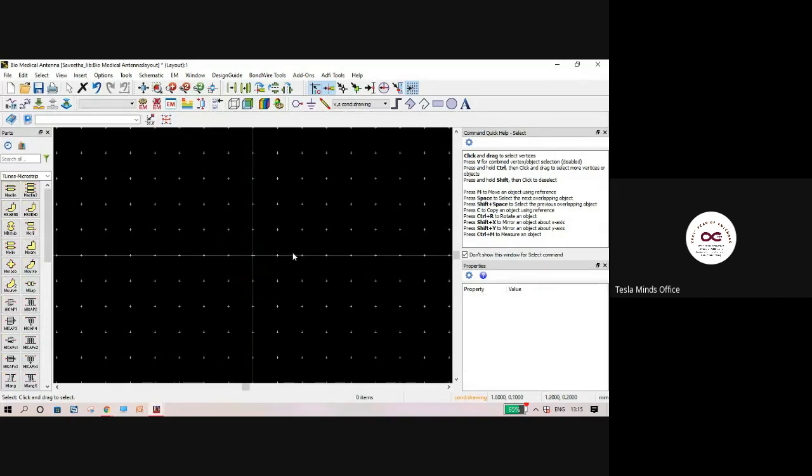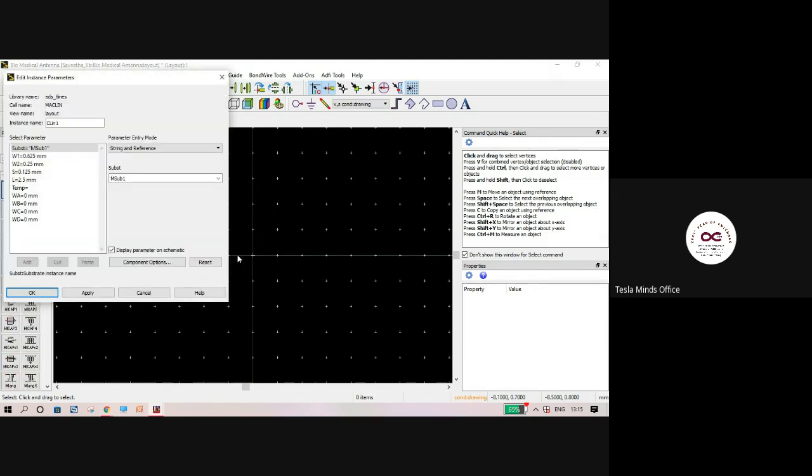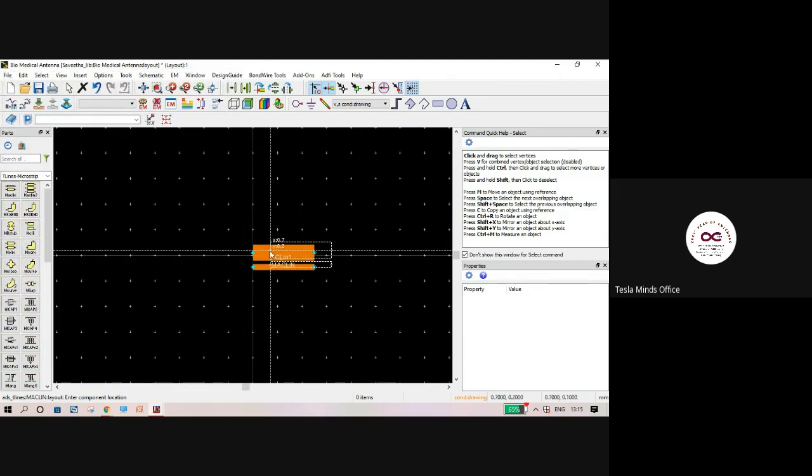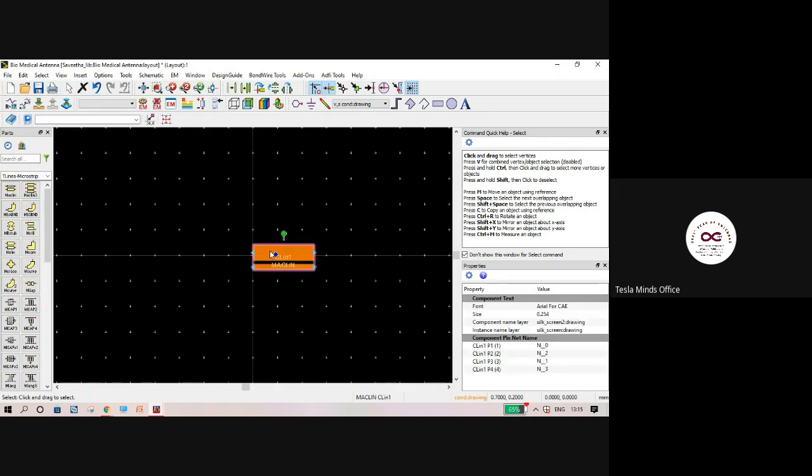The other type of drawing is the predefined microstrip lines. On the left-hand side you can see the component palette, and here you can see the predefined lines. You can pick and place them. These are the coupled lines used for PCB layout structures and high-speed digital circuits.